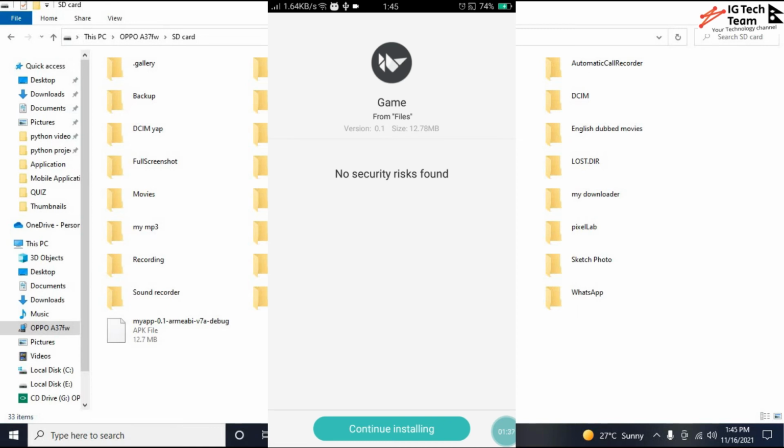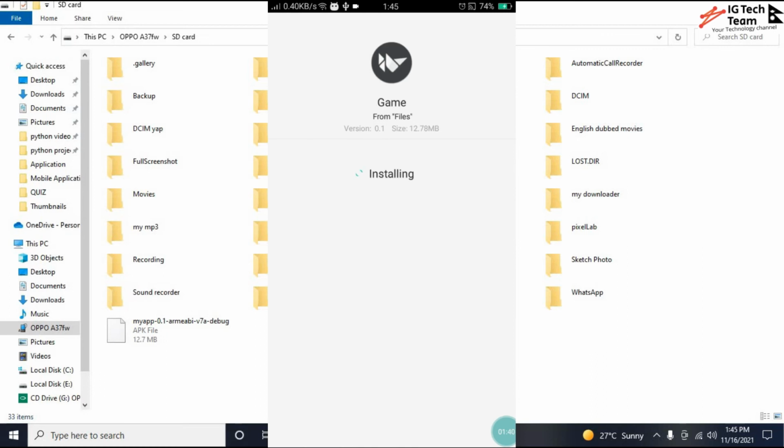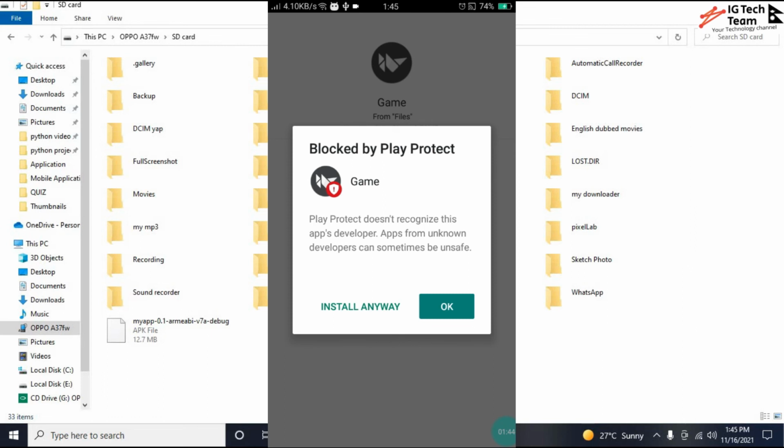Now I can click on continue installing. Install. Okay, blocked by Play Protect. Yes, Google doesn't know me, so it shows me some warning, and I trust myself, so I can click on install anyway.